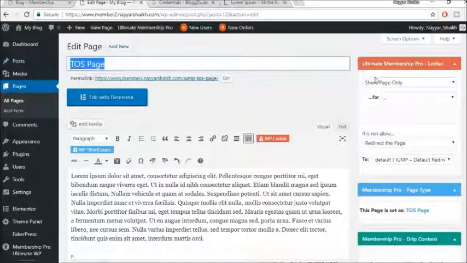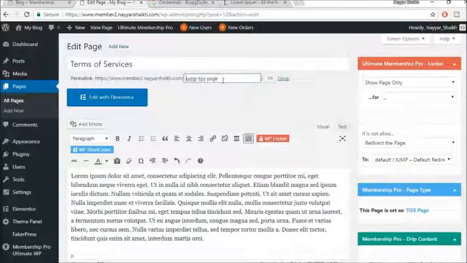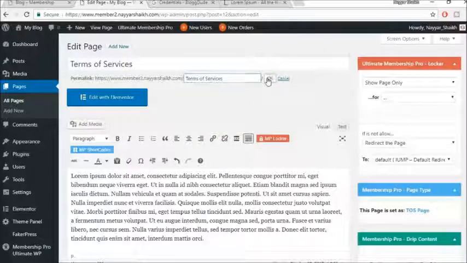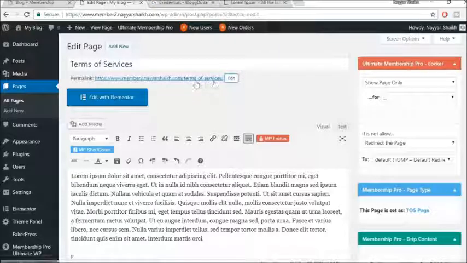I want just terms of services. Okay, so just type in terms of services or whatever you want. I want to type in terms of services. I also want to change this slug. I want the same thing over here. So what I'll do, I'll just copy and paste it over here,